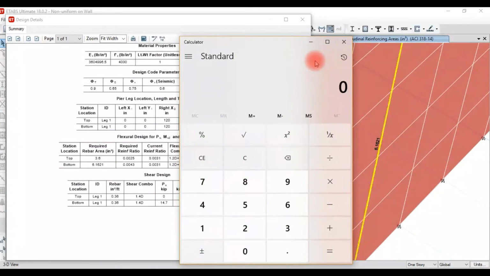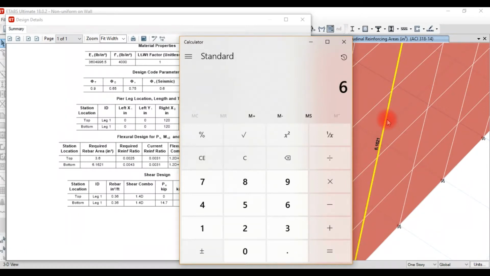If we use 3.6 divided by 0.22, that gives 16 bars on the top side. This is the total number of bars on the wall width of 10 feet, and if you calculate the spacing, this is 7.5 inch on the top side.